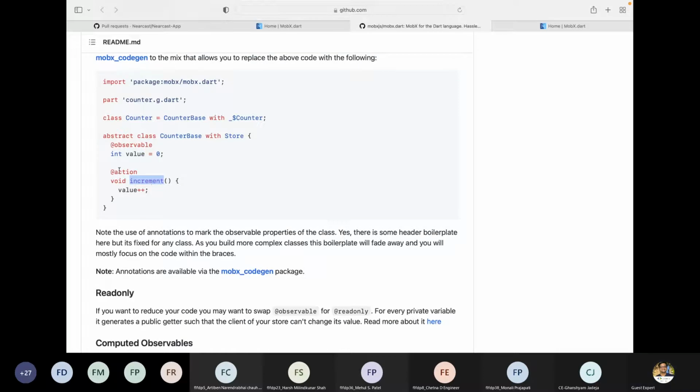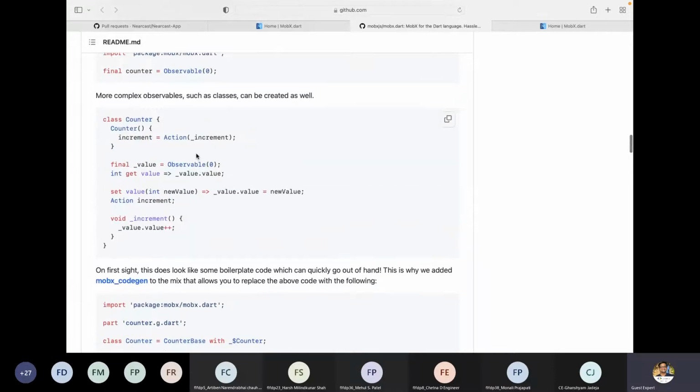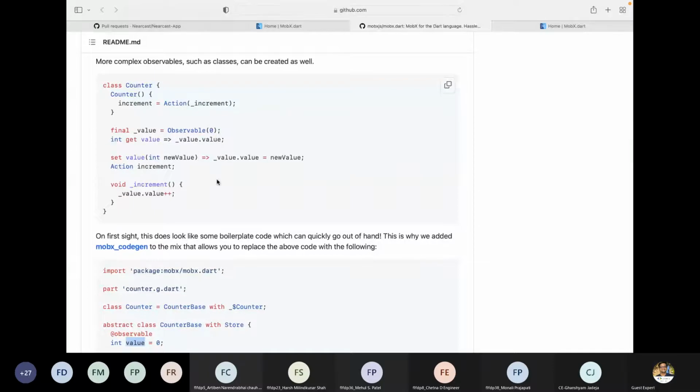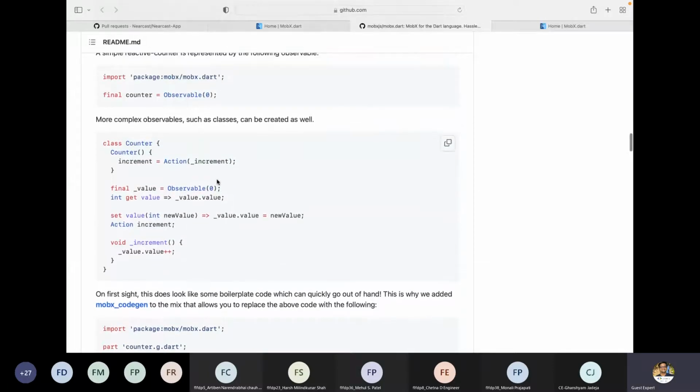So when the action increment gets fired, it will update the data in the value variable, and this change will automatically get reflected on the UI, and the UI will get updated. And to listen to those changes, we might require some different thing, and that we will see in action now.